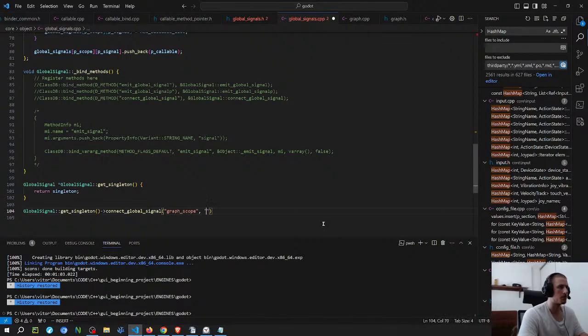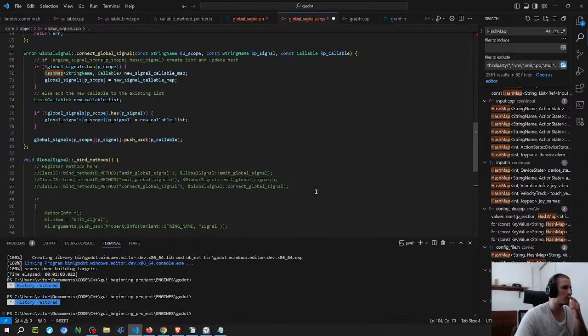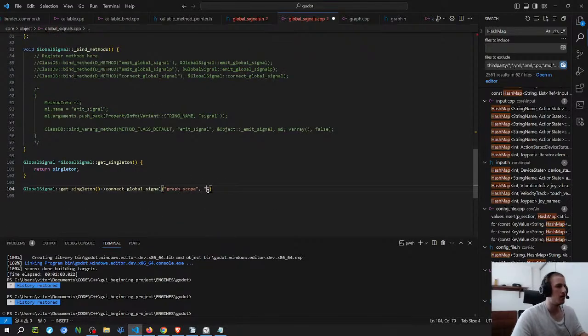Pass the signal name. I think I don't need to put another condition here to check to see if the signal already exists. And then I pass the signal name.